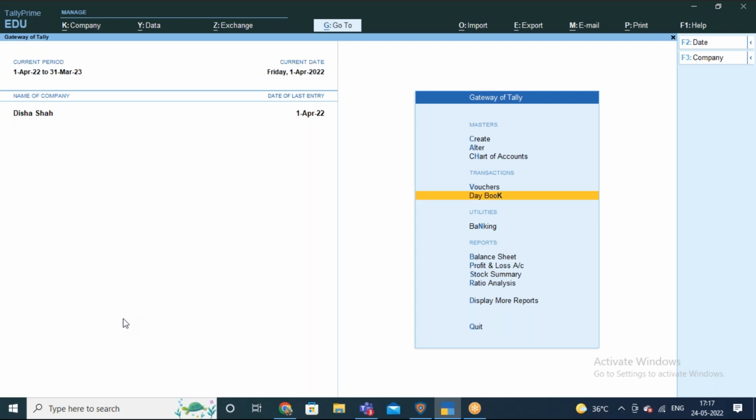So how do we record all this information with those details which are relevant to the bank? What are the important things that are mandatory to know about and to enter about the bank in our books of accounts, that too in Tally, and how Tally is going to be helpful to us in maintaining the banking reports and its features. Okay, so now can you go to the alter